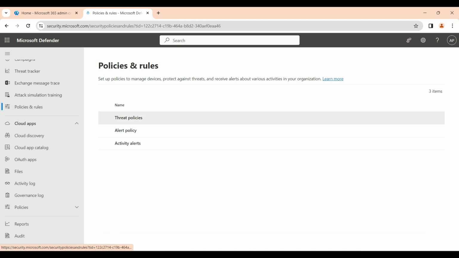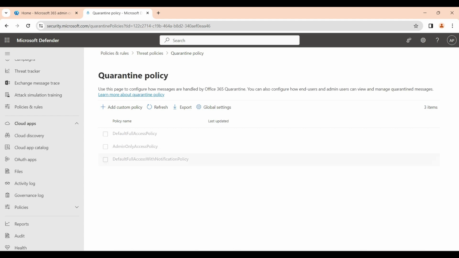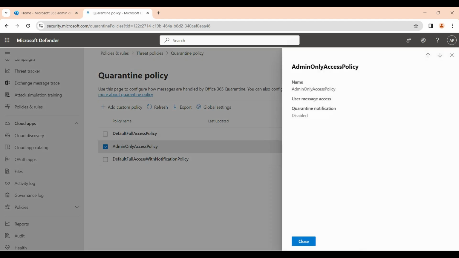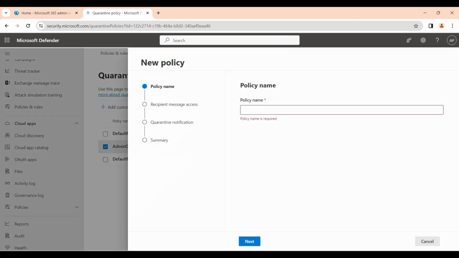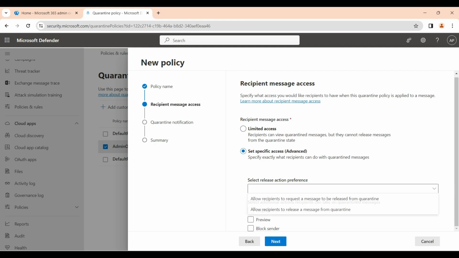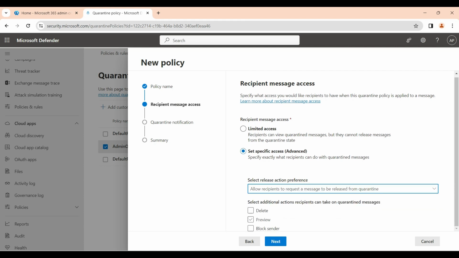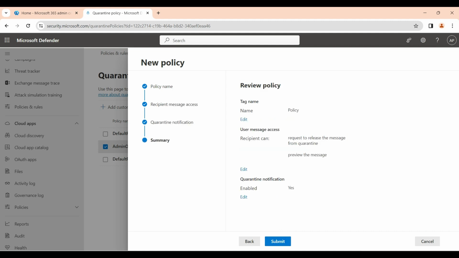Okay, so go to the policy, go to threat policies, go to the bottom where the quarantine policy is mentioned, and see, you have the quarantine notification disabled right now. This is a default policy, so you cannot change this. What you need to do is create a customized policy. Just name a policy, next, advanced, allow recipient, and just preview, next, enable this, and this is how you can create a